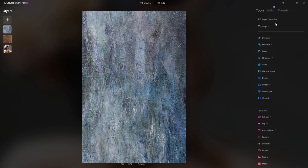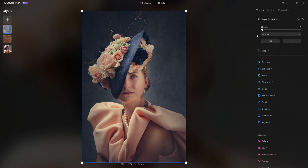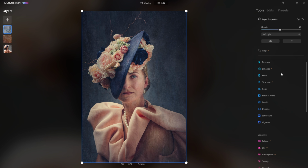And so I'm bringing in yet another texture of impasto style painting, a lot of texture within the paint itself. And this is just a normal opacity that I'm doing here, just dropping down so we're seeing through that layer. But you can see as I switch to soft light, it suddenly blends in with the photo. The same with overlay. Overlay is very similar to soft light, but just has a little bit more contrast to it. And so here we go, I'm in overlay, I'm going to find an opacity that I like,